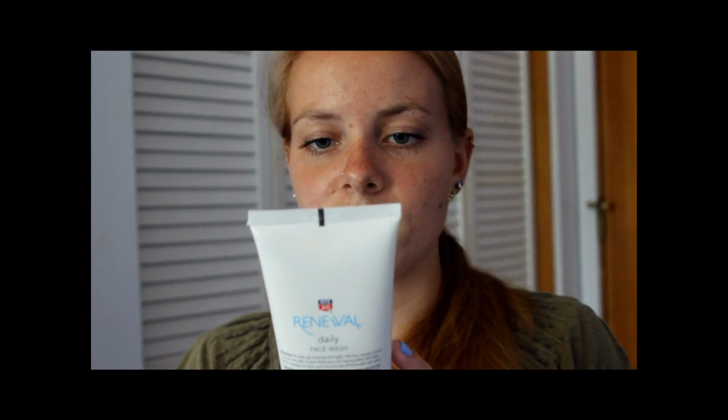So next up, I have this, feels full, but it's not. This is the Rite Aid Renewal Daily Face Wash Cleanse. It's just a Rite Aid version of face wash, so it's cheaper. I don't know what it's comparable to. Oh, it compares the ingredients of Clearasil Daily